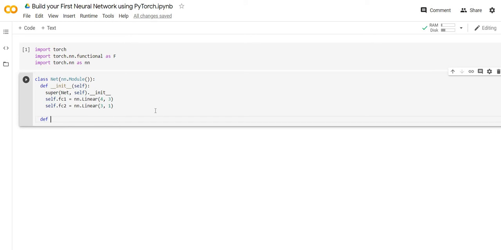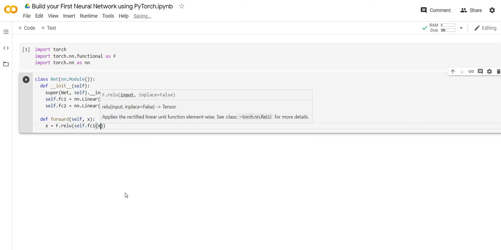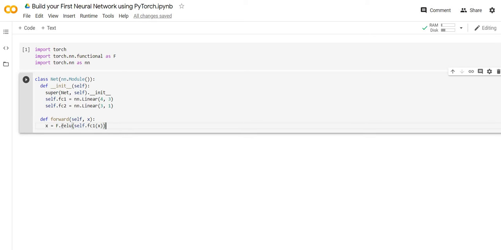Let's define the way our network will go through this architecture. So we define a function that is forward, which is essentially forward propagation, which is taking the initial input and multiplying it by the weights and going on up till the output to predict an output. And this will happen as follows. If we have x as the input given to this forward function, we update x as F.relu of self.fc1 of x. ReLU stands for the non-linear function, which is a rectified linear unit, and the graph of this